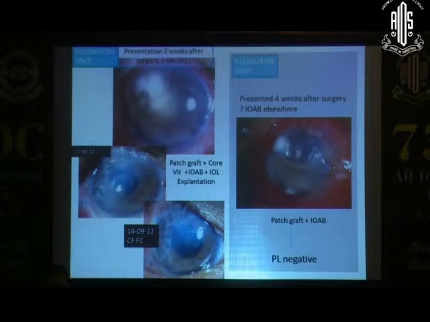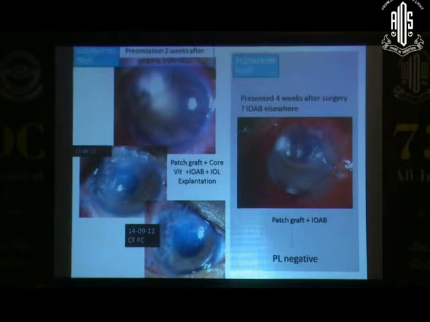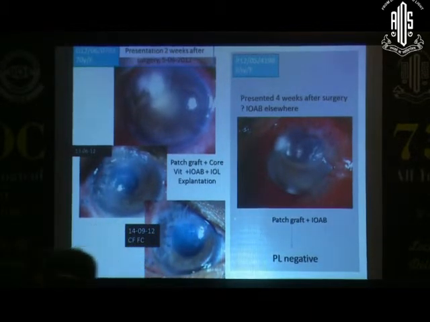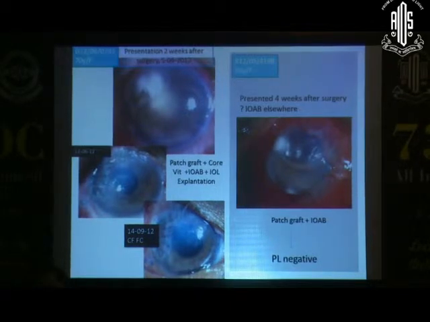They respond. Yes. So we recently had a case like that also. So voriconazole seems to have much better penetration also typically. Yeah. So it's good to have a patch graft. You don't need a very good quality tissue. Not the easiest of cases because you're working at the angle, and sometimes if it's a SICS wound, then you're pretty far behind and you're almost over the ciliary body area. So sometimes they are tricky to manage.